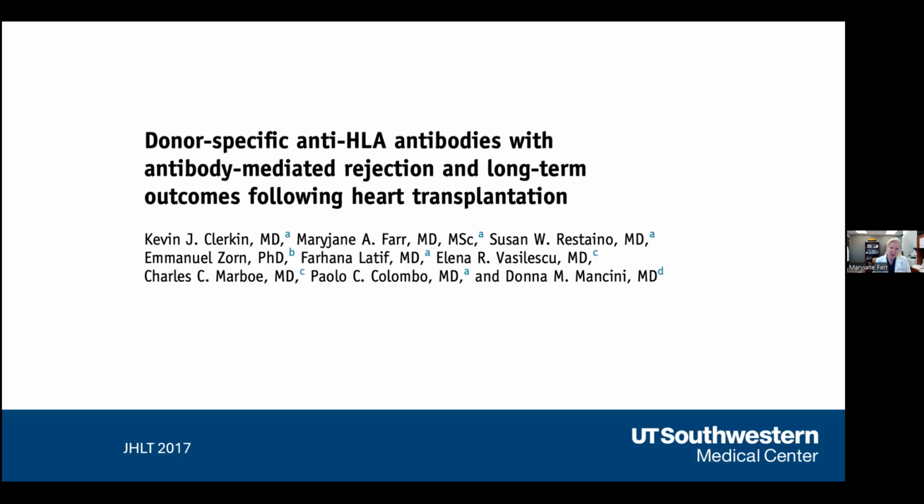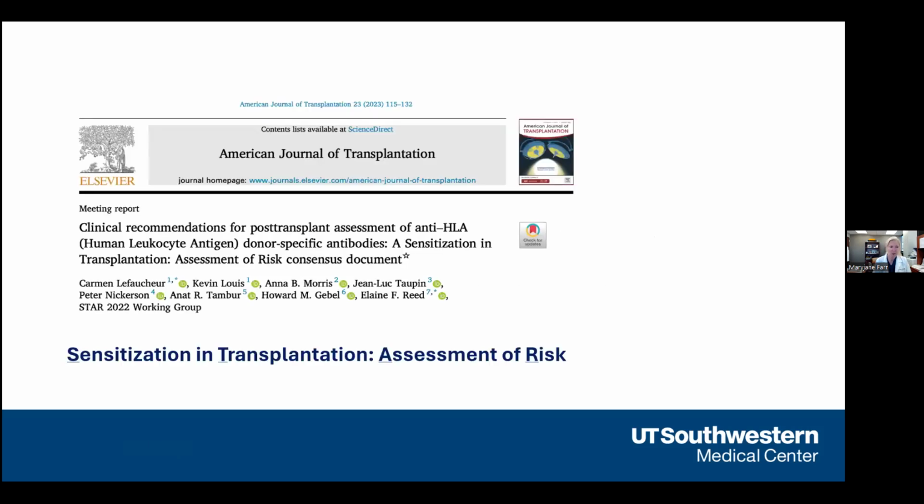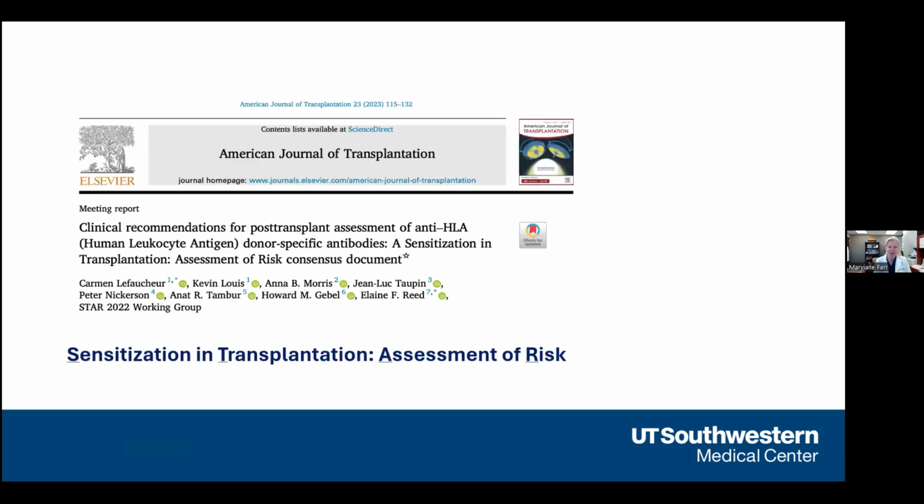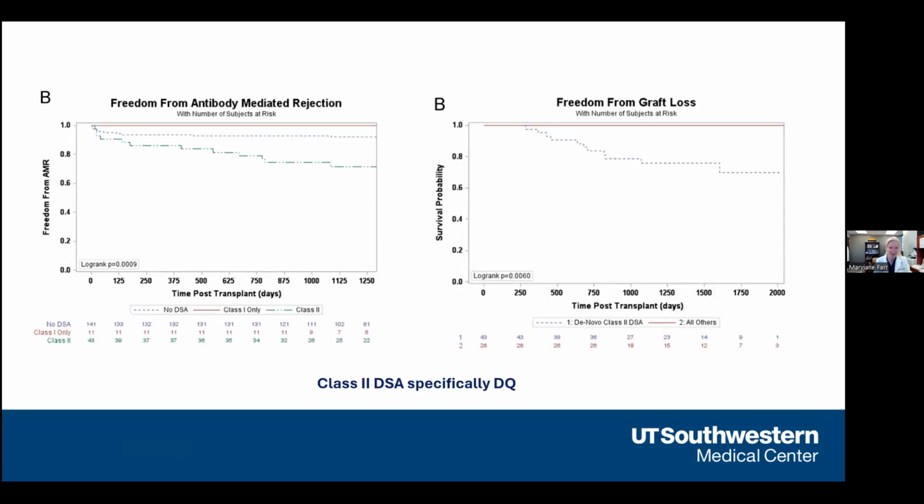This was a paper that we wrote a number of years ago back at Columbia to show what we saw in our own large cohort. And what we saw, oh, where did my slides go? My heavens, we're going to go back to the STAR guidance. This is important. But here's the Columbia study that we saw, that patients who were divided by either having no DSA or class 1 only or class 2, the prognosis was markedly worse in terms of freedom of rejection associated